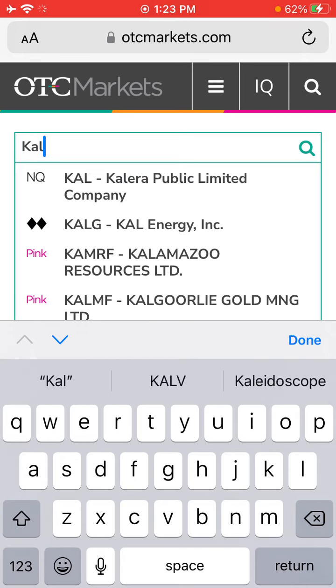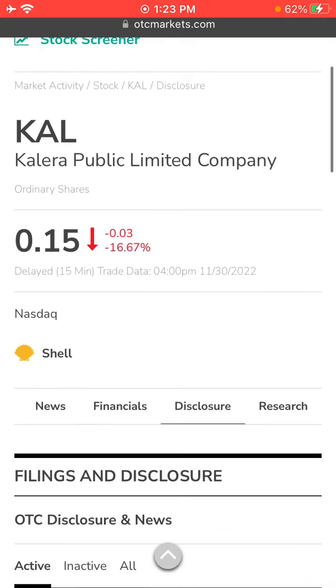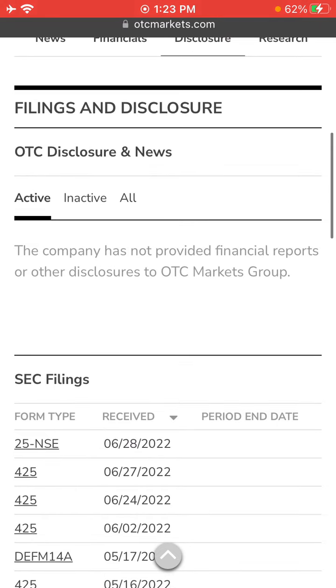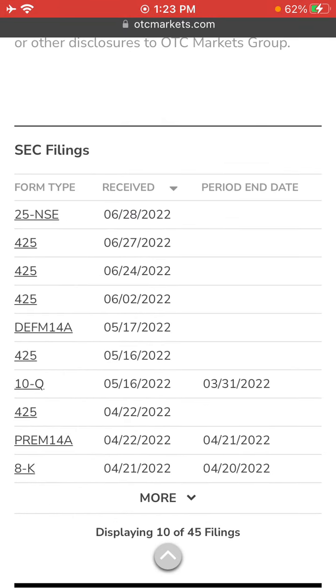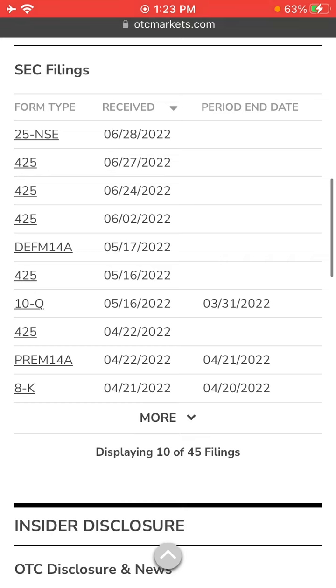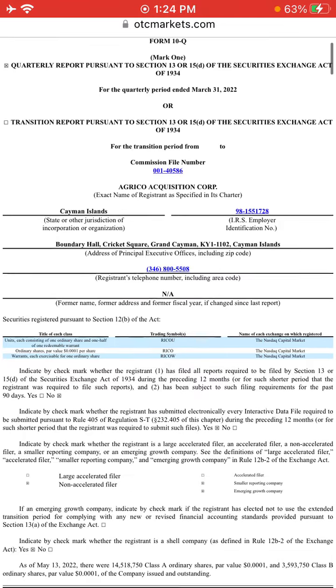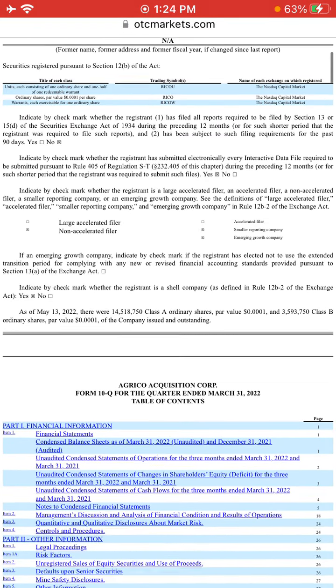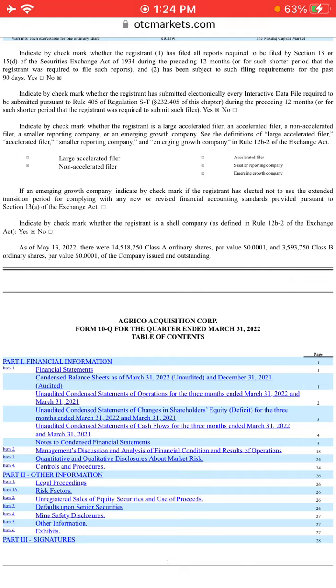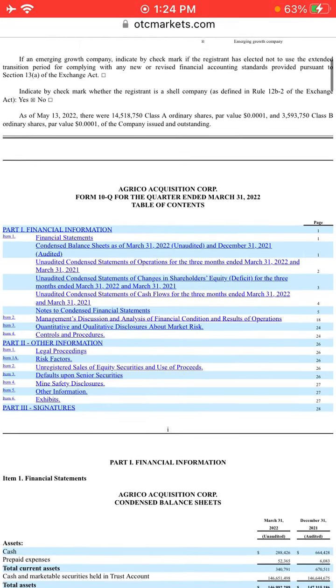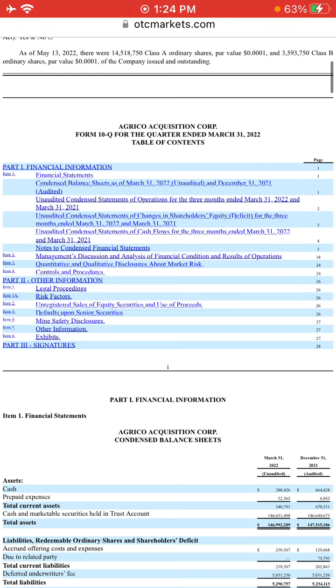So I'll type CAL, disclosure, and then we see the most recent one in this case is a 10Q, which is the quarterly financial statement on 5/16. So I'll go here, and then if we scroll here,